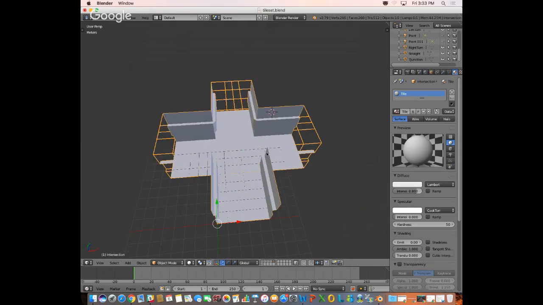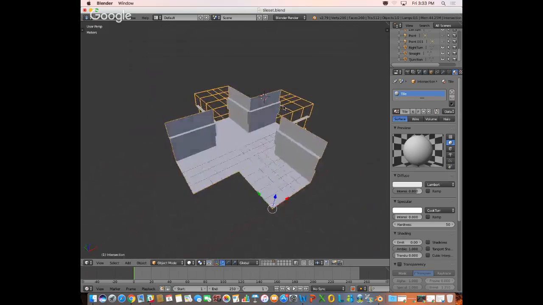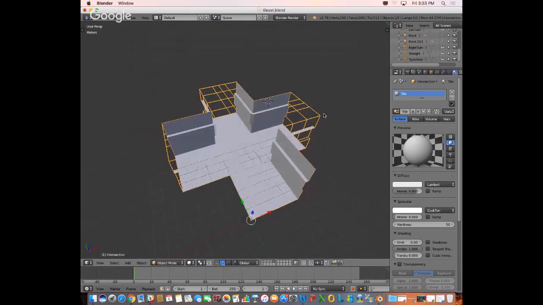So again, I've got this shape, and there's some problems with this shape. One of the problems is that it's complex enough that when I want to texture it, texturing it and unwrapping it might be challenging, right? Now, in a real world scenario, before I built it, I would have already unwrapped it,